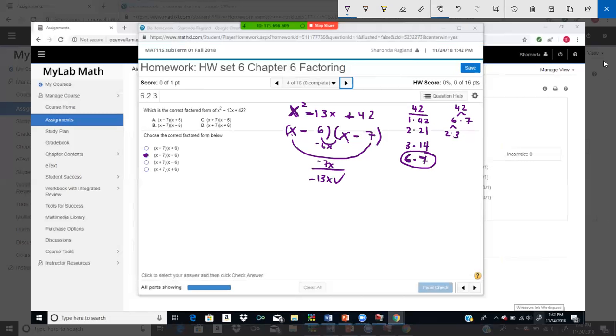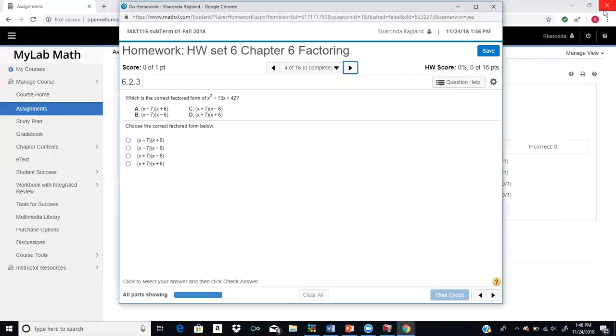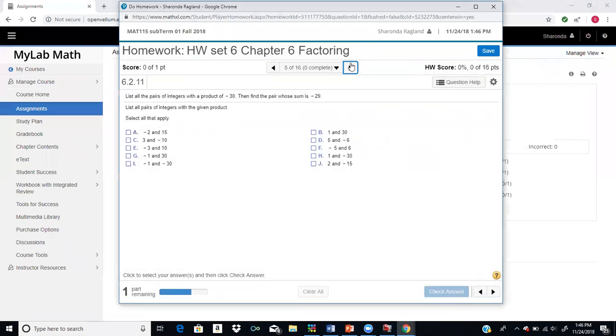All right, so that's factoring a trinomial into 2 binomials. All right, so this is just, list all the pairs of integers with the product negative 30. So that's like your factor that will give you a sum of negative 29, okay? And so again, this product is negative. So if you have a negative product, that means the signs will be different. So to get a negative 29, okay, then,